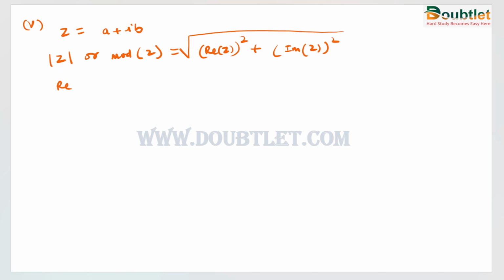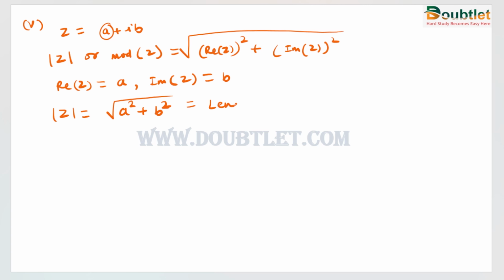So here we know that the real part of z is a, and the imaginary part of z is b because the coefficient of iota is b here. And to find the modulus, mod z, we need to square the real part and then square the imaginary part, and we will take the square root of this whole term. So this in geometry is known as the length of the vector,